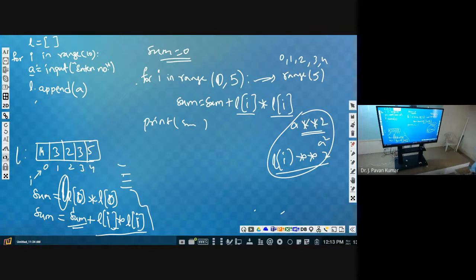In the last class I told you to write a program to print factors of a given number. How many of you completed? Factors of a given number. We didn't complete.